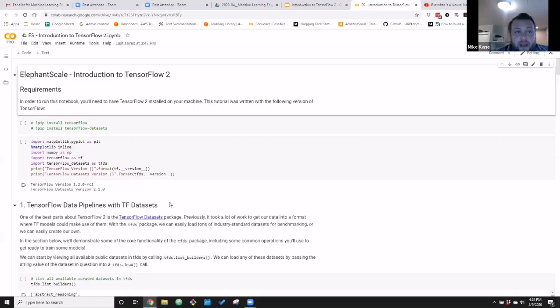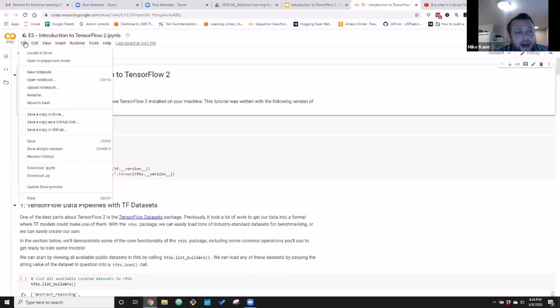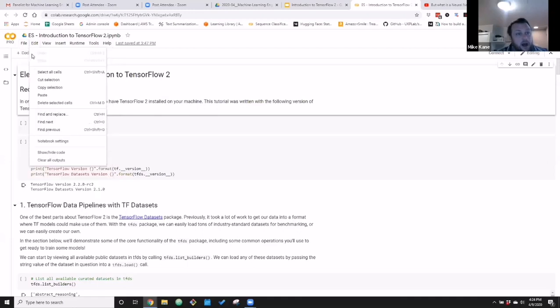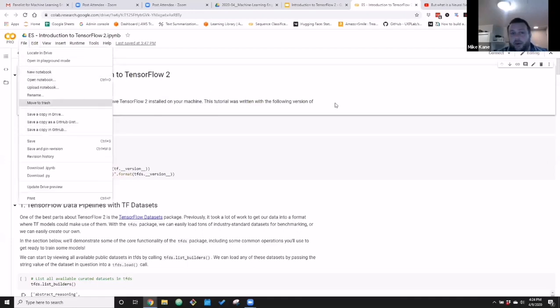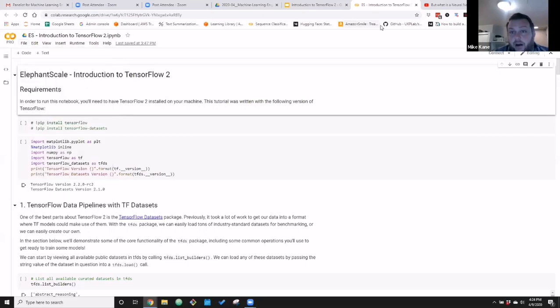So if you're in this Google Colab notebook, we're going to go to File, okay? And you're just going to save a copy in Drive, okay? That's all you're going to do. You can also open it in Playground mode. I believe it will bring it to your own version. You can either save a copy in your Drive, and then you'll have edit access because it'll be your copy, not the shared copy that I'm using and everyone's using. Or you can open it as a Playground here. Either of those will work. You should have edit access there. Is everybody with me so far?